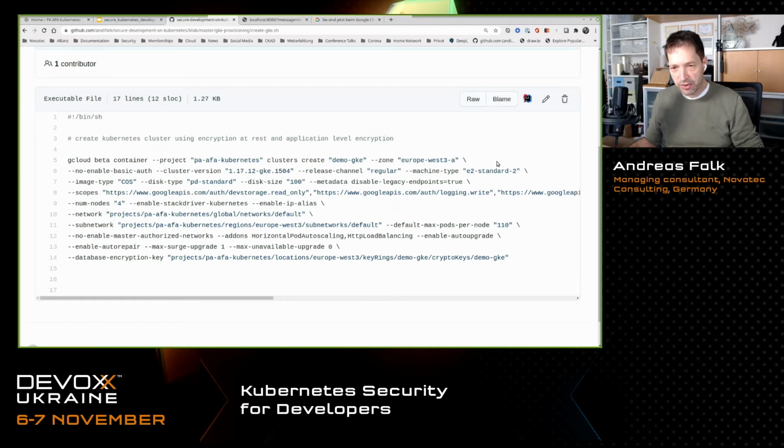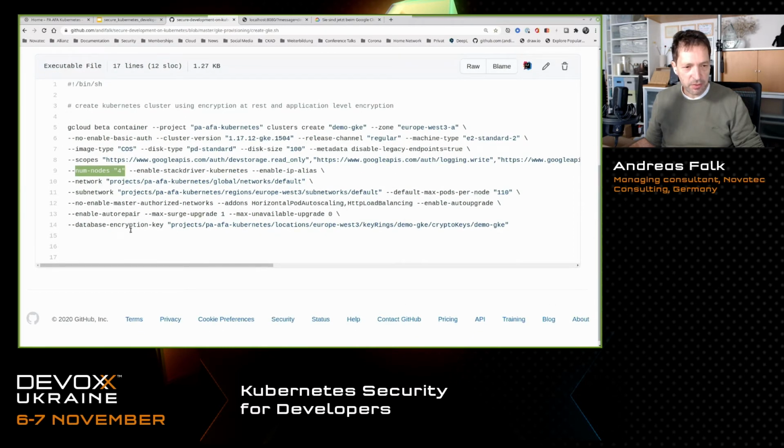I'm in Europe, so I take a zone nearby me, so West 3, I suppose it's in Frankfurt, Germany. Then you have to give a cluster version, what Kubernetes version you want to use, and a machine type. Then you probably also need to specify how many nodes you want to use. I have now spun up 4 nodes.